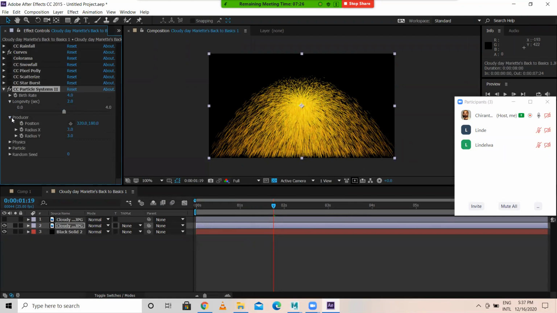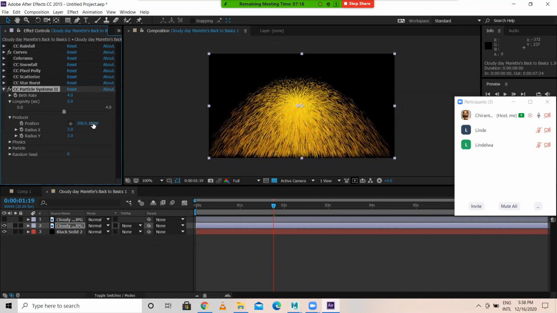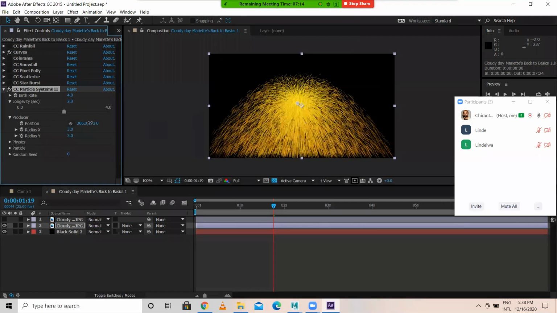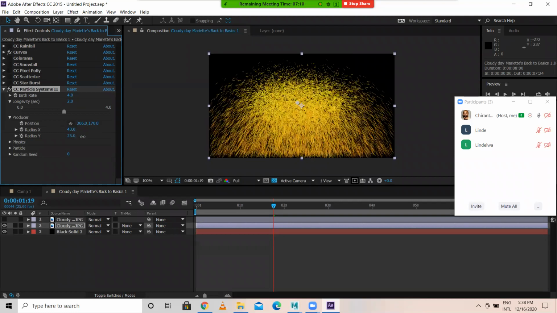Okay, producer is nothing but the birth rate of this position. You can move the position here in different axes. So radius x is like this, radius y is like this.